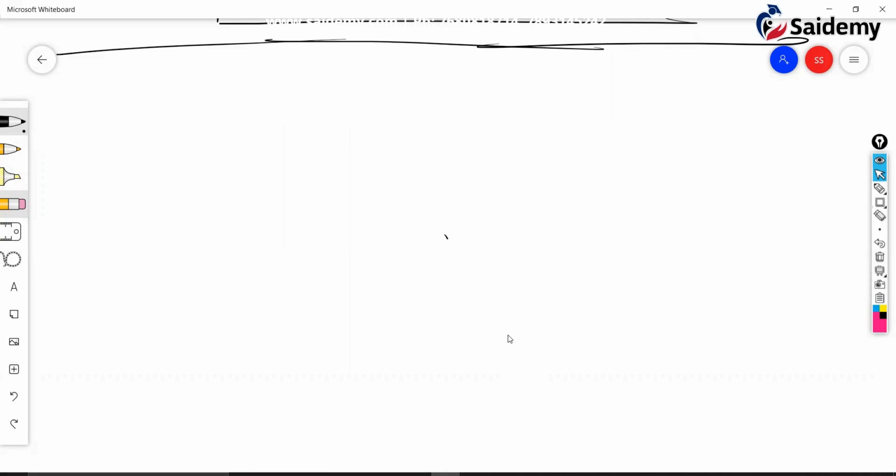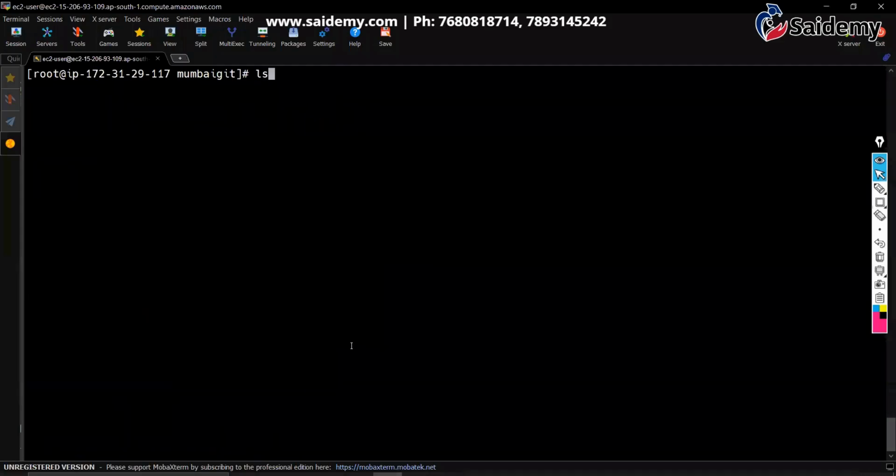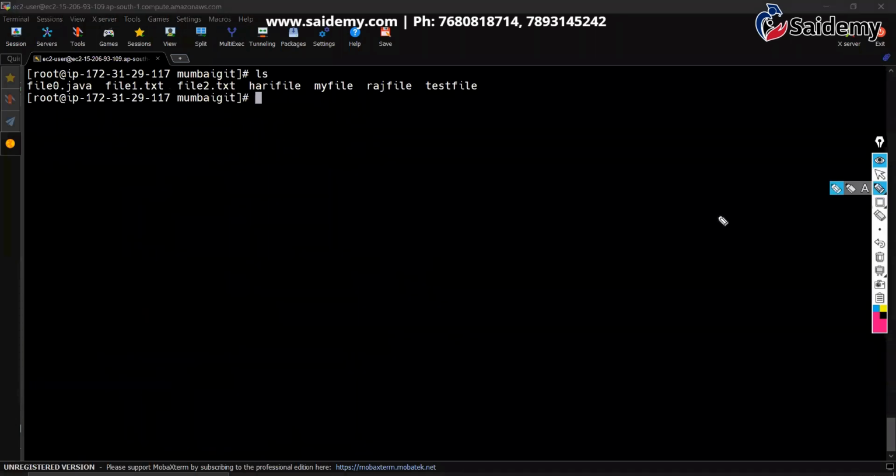Okay, now deleting untracked files. How to delete untracked files? For example, let me create some files, guys. There is a shortcut if you want to create multiple empty files. You remember in the Linux class, I said,